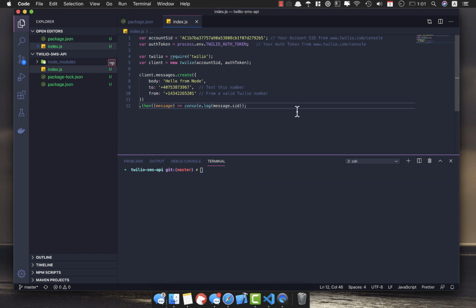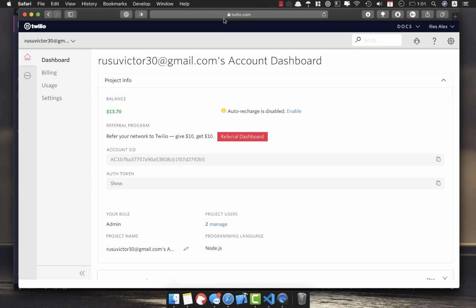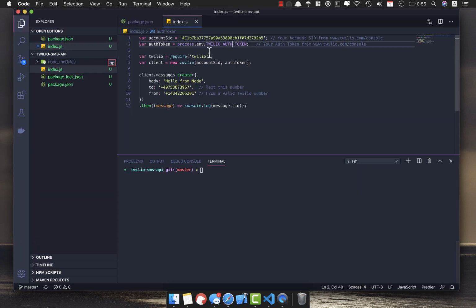Let's try it. So I've already put here the authentication token and the account ID. You can get them from the dashboard or console dashboard. So this is the account ID and the authentication token. If you've created a new account, then you should get a test authentication token, which you can use. Right now, I'm not using the test one because it's a real one. I have some balance here. And if you press show or just copy it, then you will get a string and you should put here